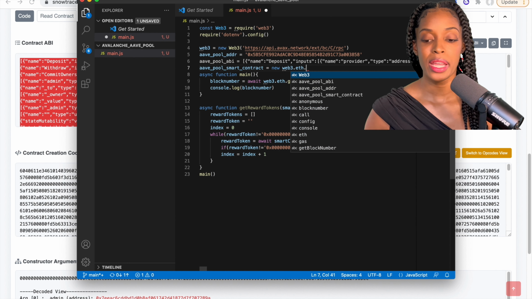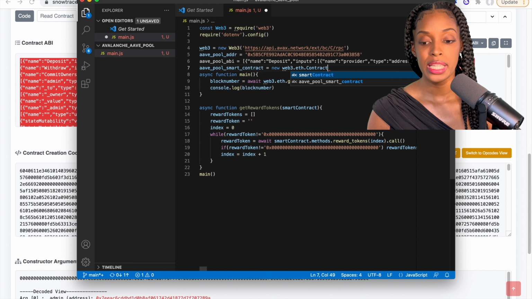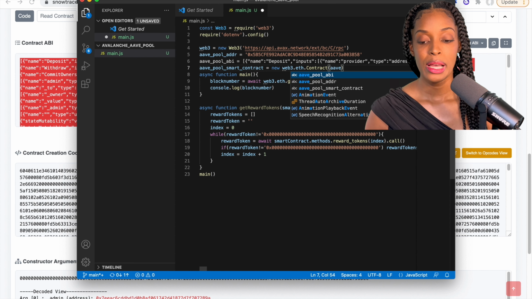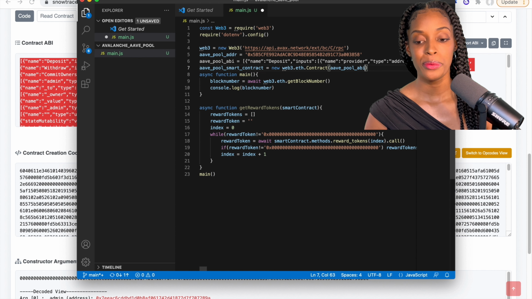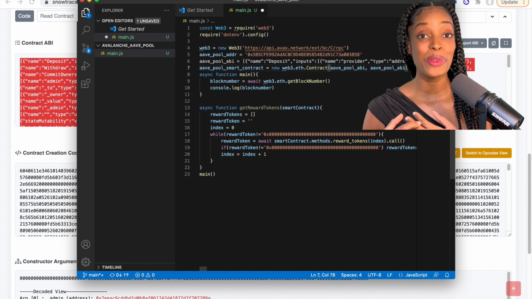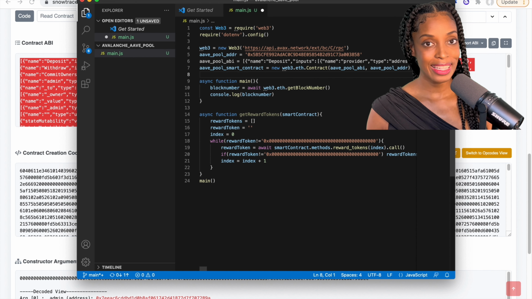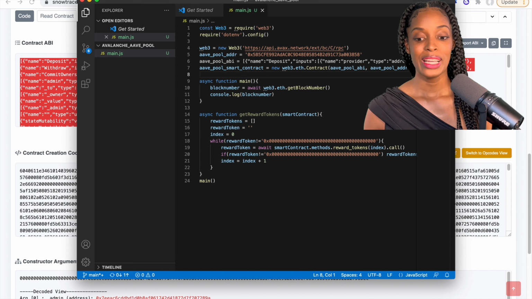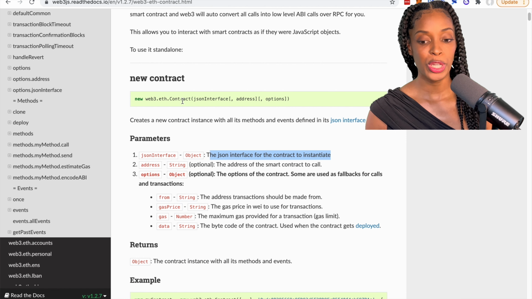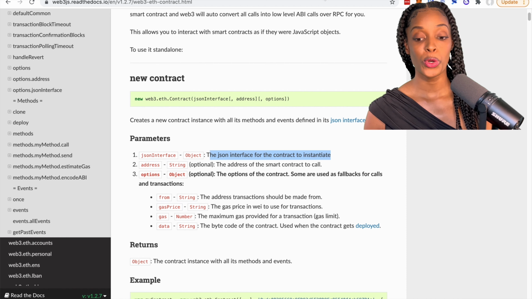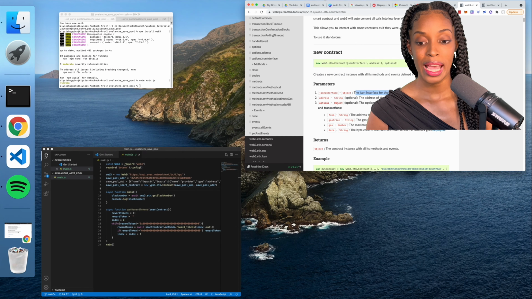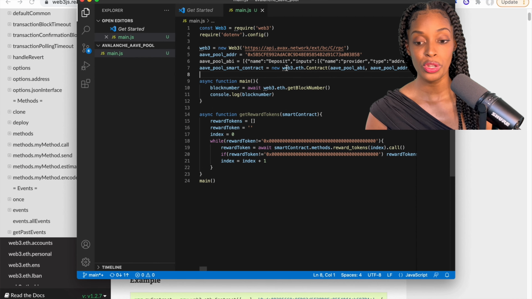So you see I'm typing here. I'm going to create the object here. So it's going to say Aave pool smart contract new web3.eth.contract. I am not making this up. There's documentation for me to see this. So there are guides to help you through this process. Now I'm looking at the guide again just to make sure I have everything correct, and I'm going to go back to my code so I can ensure that I've written it correctly. So new